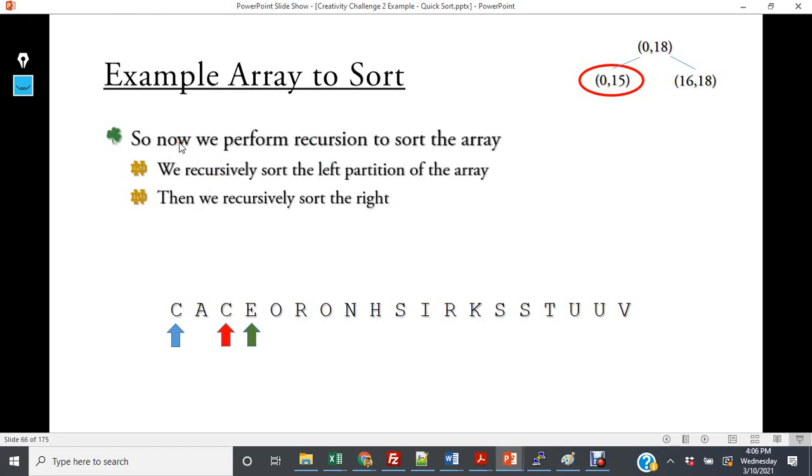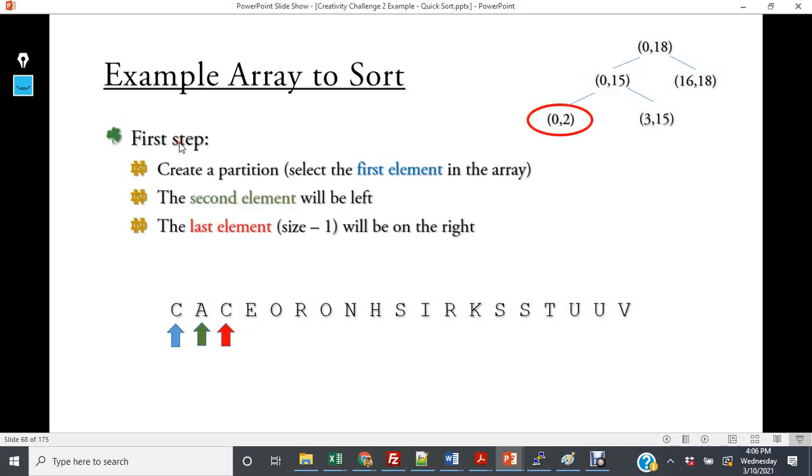So what's going to happen is everything to the left of the arrow is now less than E, and everything to the right of the arrow is now greater than E. And so now we have 0, 1, and 2 that are going to sort C, A, and C, and then 3 through 15 are going to be on the right hand. So again, we go left, we perform this operation,